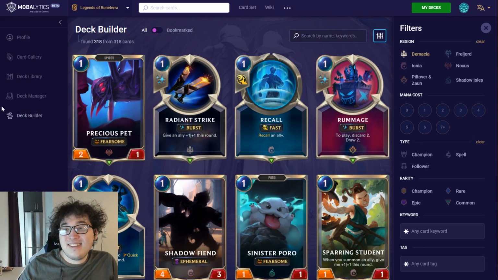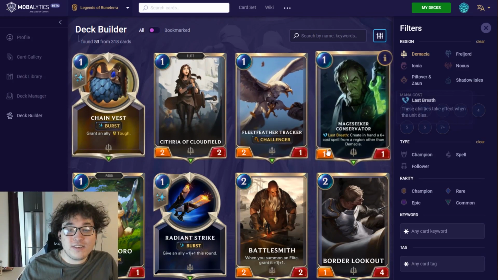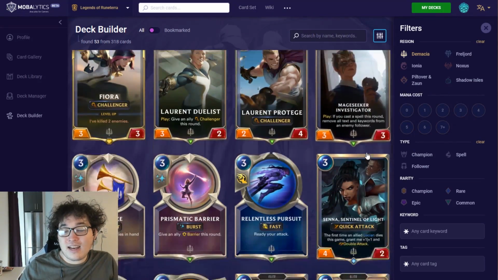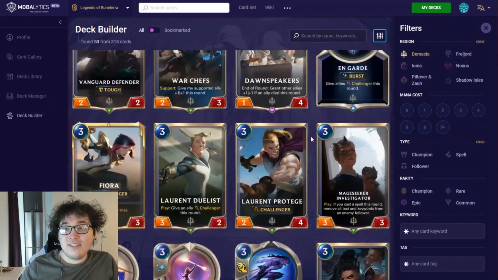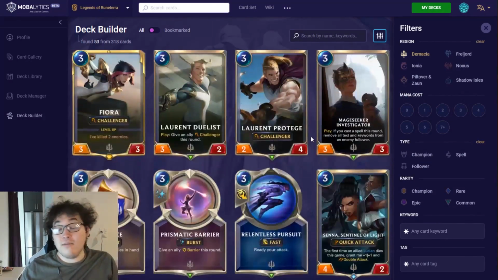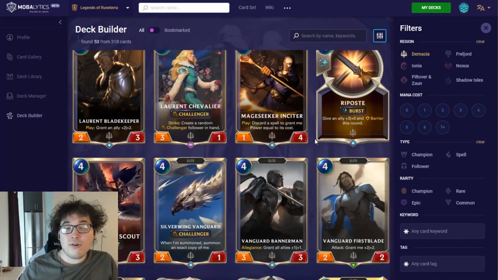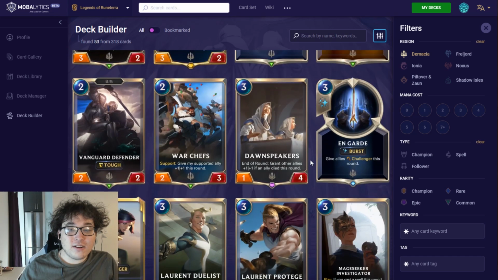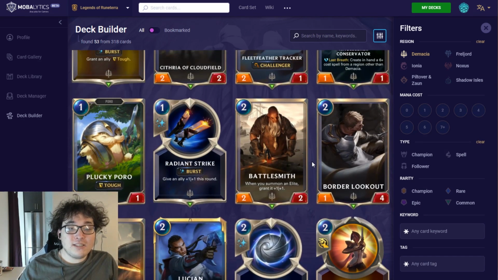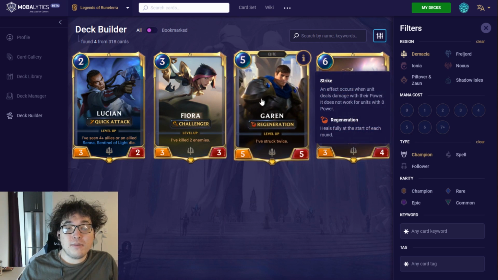Number 2 is Demacia. Demacia is a super powerful region. Basically, they dominate the mid-range. Everything about Demacia screams mid-range, with even some pretty strong aggro tendencies, right? They just own the board. Their units are very efficient. They've got elites, which is, I would say, one of the more powerful archetypes in the game. And they've got some pretty great options in terms of champions as well, with Garen being a solid mid-range elite champion,